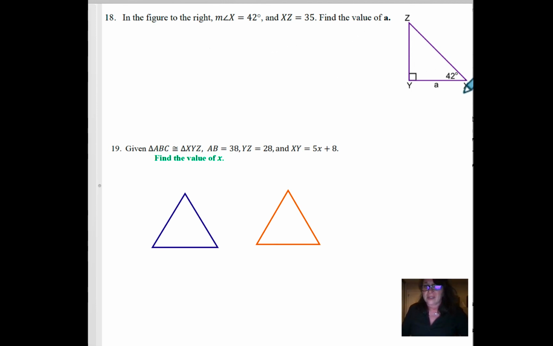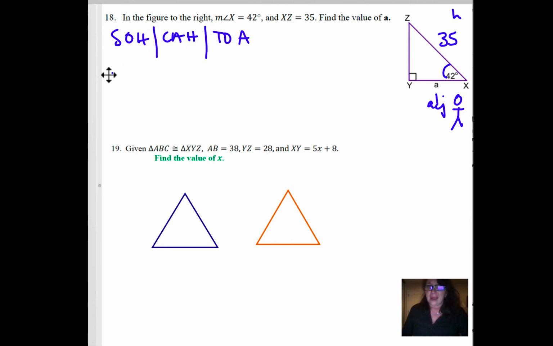For this problem here, it says in the figure to the right, the measure of angle x is 42 degrees. xz is 35. Find the value of A. Well, I'm going to put myself right here. And in doing that, I see that this is my adjacent side and this is my hypotenuse. If you remember from your mnemonic, which is SOHCAHTOA,